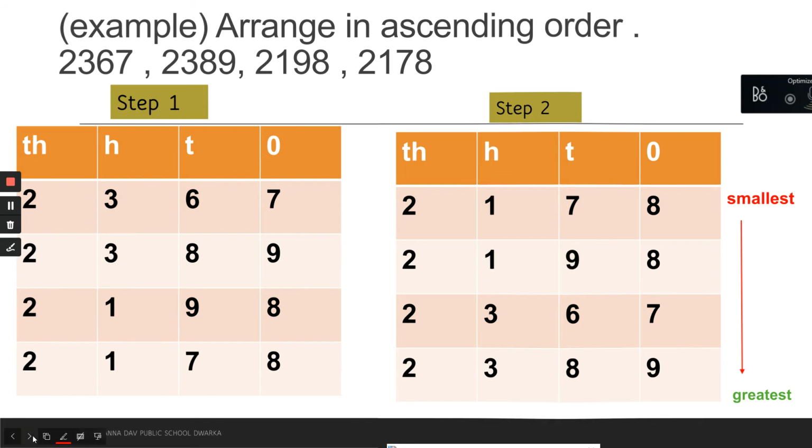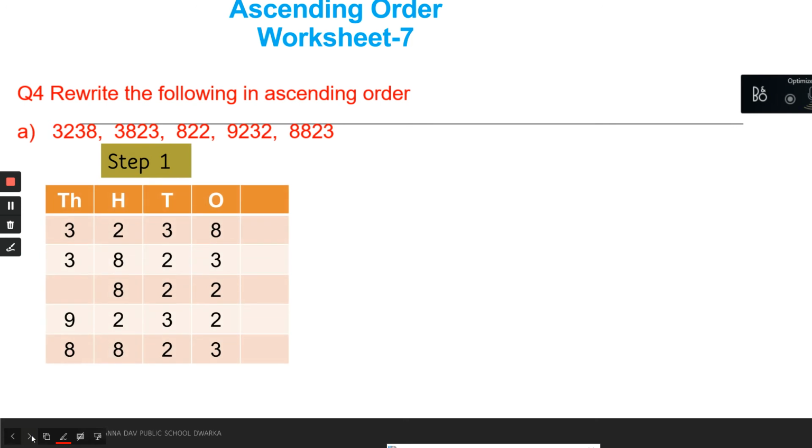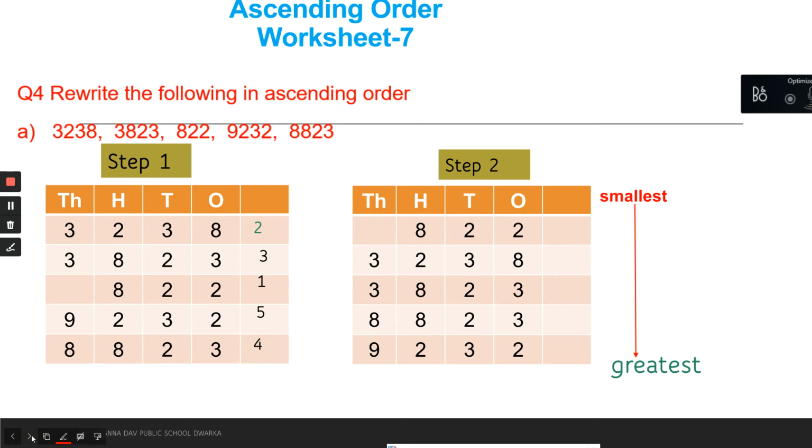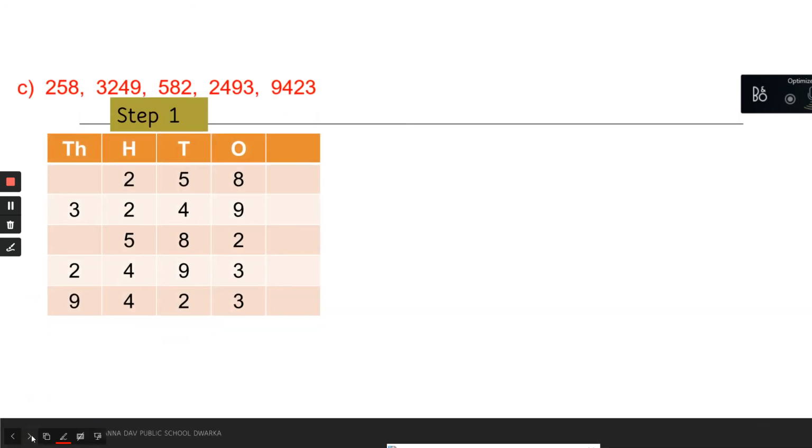So children, in this way you will do worksheet 7, this part, which is done in the same way, and you will do the next question. Here also we have arranged the numbers column wise, and here we can write 0. We again look at the thousand place. Zero is the smaller. We'll move to 2, and from here we move to 5. Which one is smaller? Yes, 2 is smaller. That will be written first. Then 582 will be given the second position.